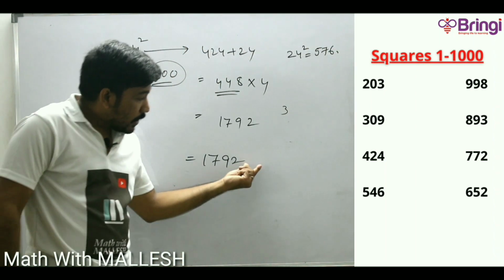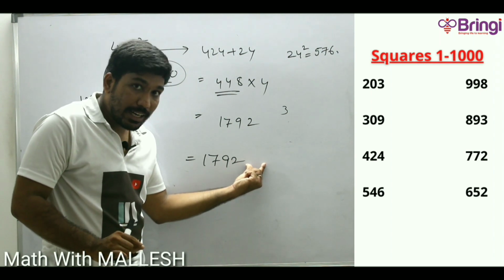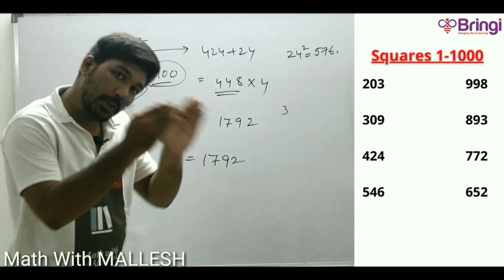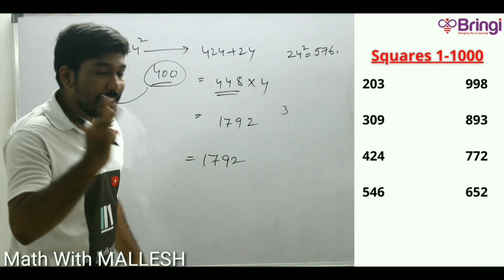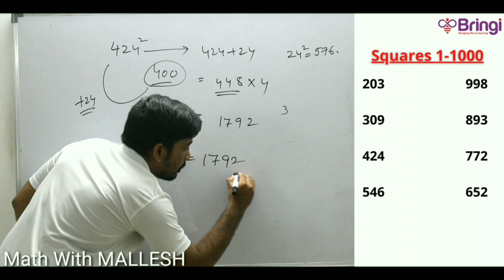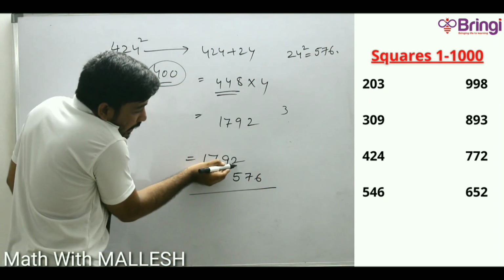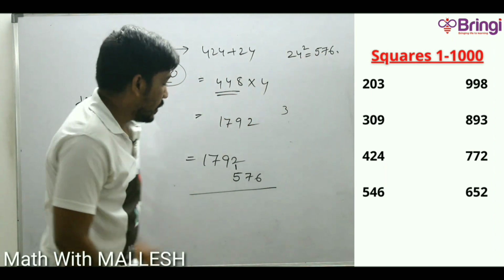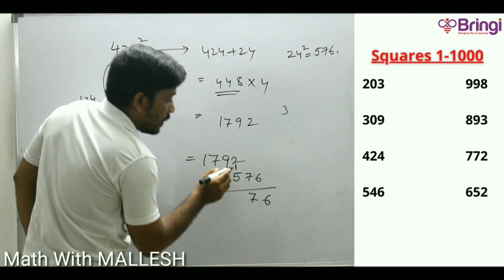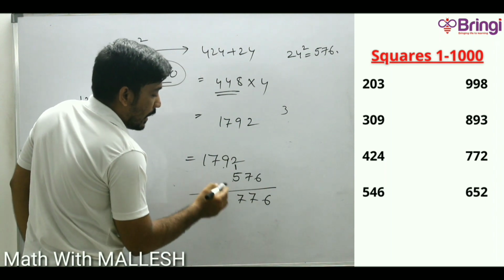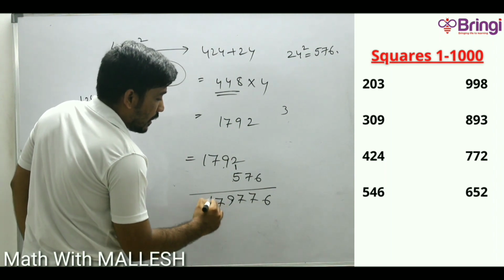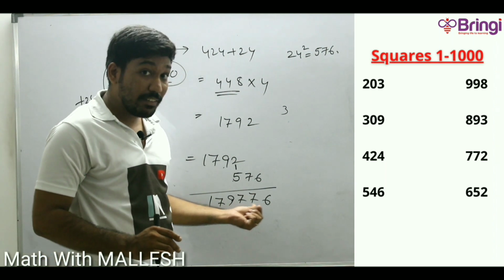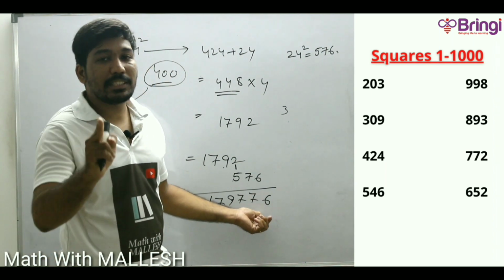576. We know if you got a one digit number, write it as 01 or 04 or 09. And if you got a two digit number, you can keep it as it is. If you got a 3 digit number, the first number should occupy exactly this place. Clear? So 6, 7, 2 plus 5, 7, 9, 7 and 1. So the answer is going to be 179776. If you have any doubt, please check in a calculator.